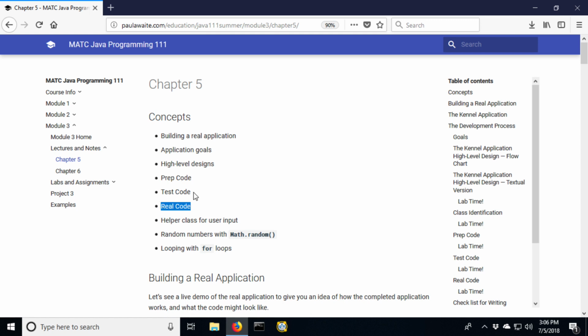Test code. So obviously any code that we write, we want to make sure that it performs correctly, that it does the right thing. So if we're writing a calculator application, we want to make sure that when we enter 2 plus 2, we get back 4. And so test code is the way that we can do that. We write code that will actually test our application. So we're kind of writing a program to test our programs. And that's, for me, a lot of fun. I like that automated testing aspect of things.